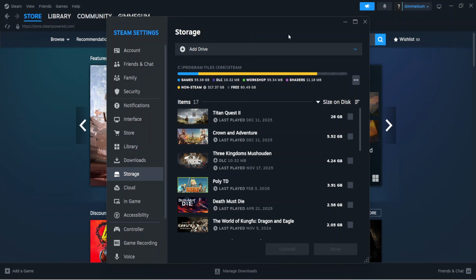Once the new drive is added, you'll see it listed in the storage page alongside your original location. From here on out, Steam knows this drive exists and can use it. When you install games in the future, you'll be able to direct them to this new location, helping you balance space and take advantage of faster storage. If you ever run into issues, double check that your operating system sees the drive and that it's mounted and writable. That's it. You've successfully added another drive to Steam storage locations, setting yourself up for smoother installs and better